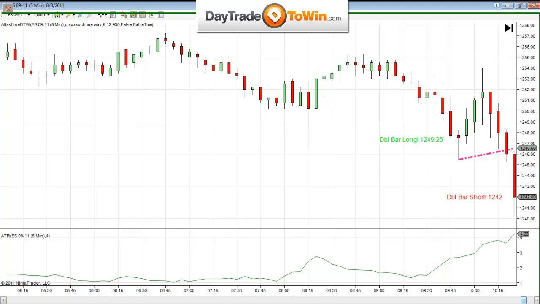Absolutely. If you enter the market so far away from where the Atlas line is, remember, we have a stop if it closes on the opposite side. That's one of our stops. If it closes on the opposite side, let's say at 1247 or 1248, that means this trade does not want to go short. So I want you to consider the closer we enter, the better it is.